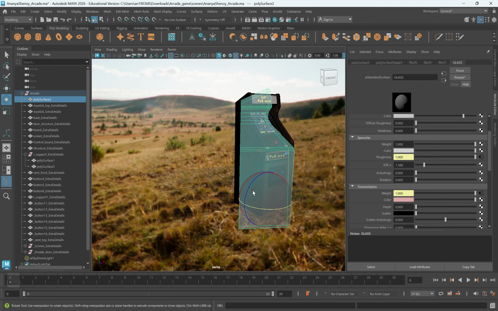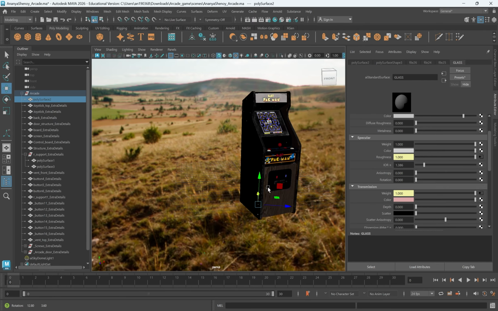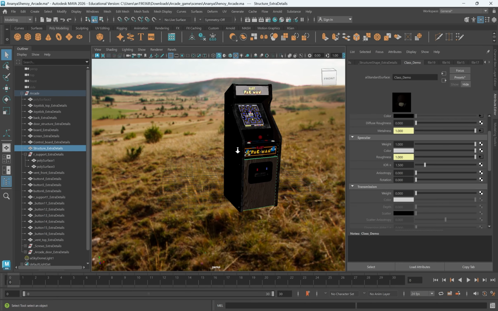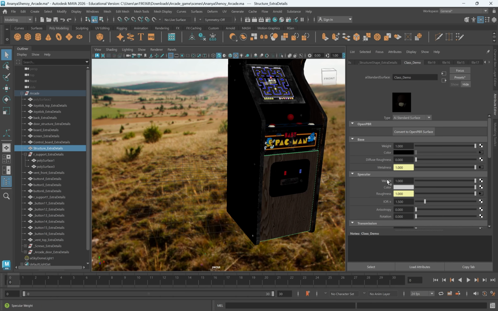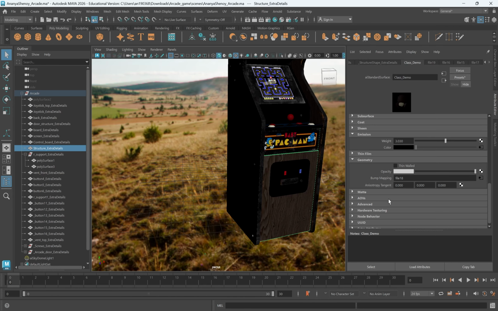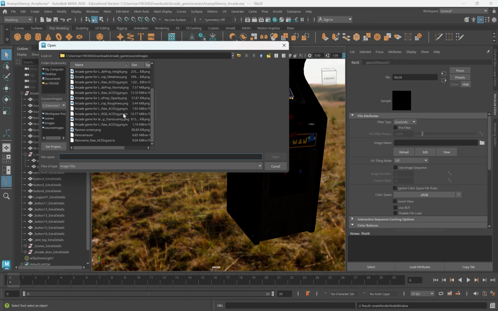Let's now add in our opacity map. I'm just going to hide the glass. We don't really need it anymore. And let's select our main object. The opacity map is a little more straightforward. So if you scroll down to geometry, go to opacity, go to file, and bring in your opacity. So that opacity map